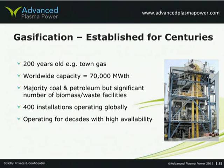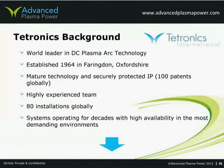Gasification is really very proven indeed, used around the world to produce syngas for the chemical industry. And there are, I think it's something like 70,000 megawatts thermal syngas capacity in the world, which equates to about 400 installations, some extremely large indeed. And the technology really was first used commercially in the UK to produce town gas for heating from coke and